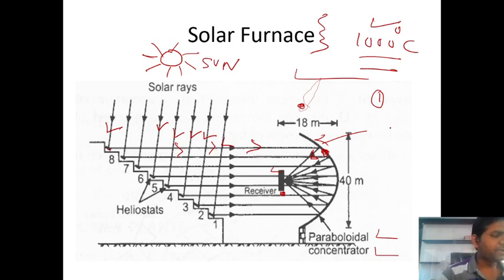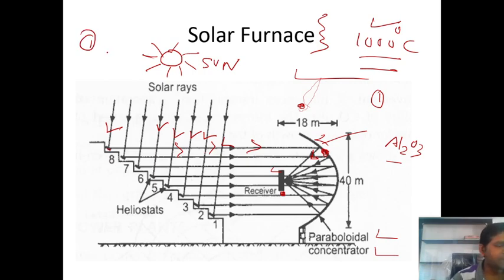Okay, the melting and sintering of high temperature ceramics such as zirconium is easily accomplished. Direct high temperature production of zirconium from zircon and alkali, beryllia from beryl, or tungsten from wolframite is carried out in a solar furnace. Purification of refractory aluminum trioxides. Okay, so the solar furnace is used for very high temperatures. So there are so many advantages of the solar furnace. If you consider guys, what is